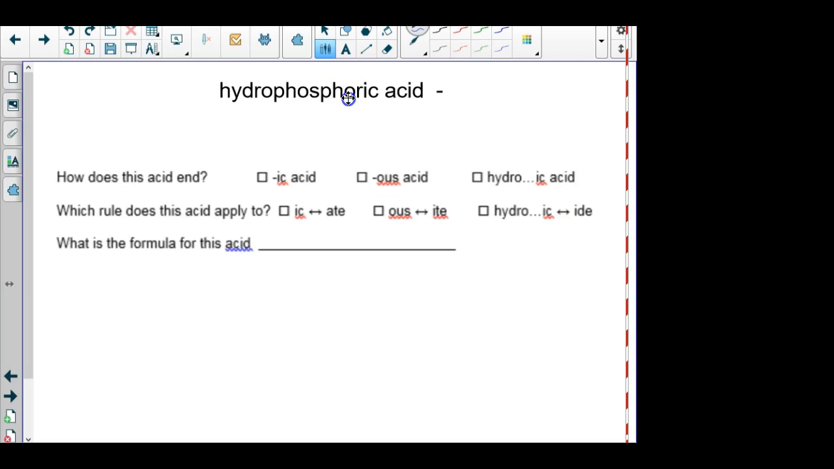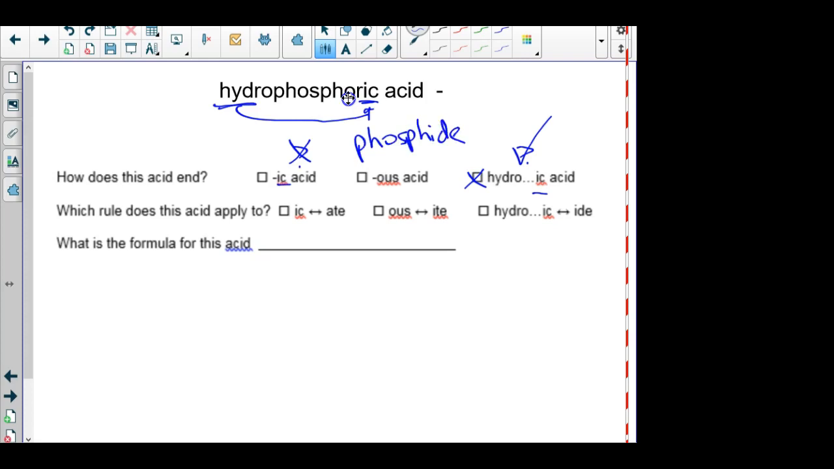This is hydro, so it's an ic. So is it this kind of ic, or is it this ic? Both have ic at the end. But if you have an ic, you've got to look to the front. Is there a hydro there? There is. So this is a hydroic. Okay, it's a hydroic. So then I know it comes from phosphide,